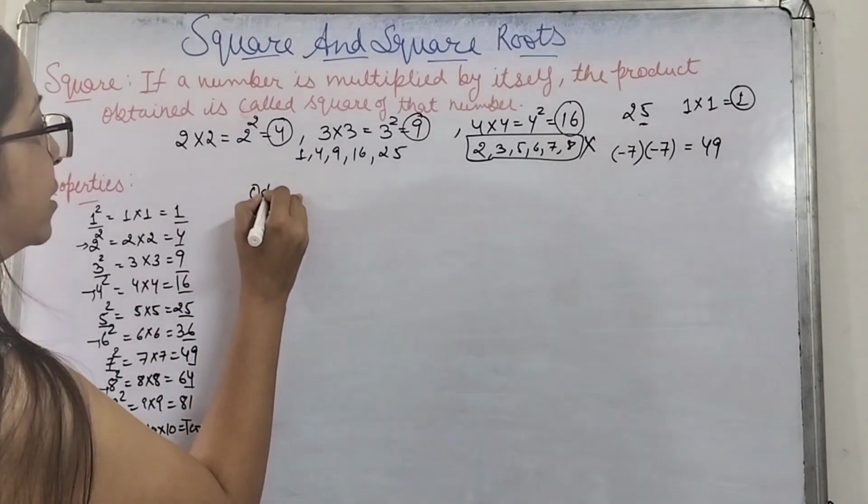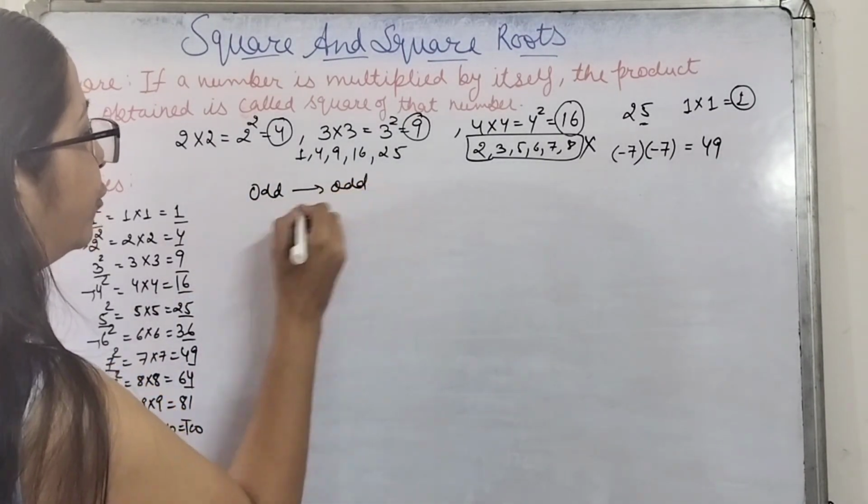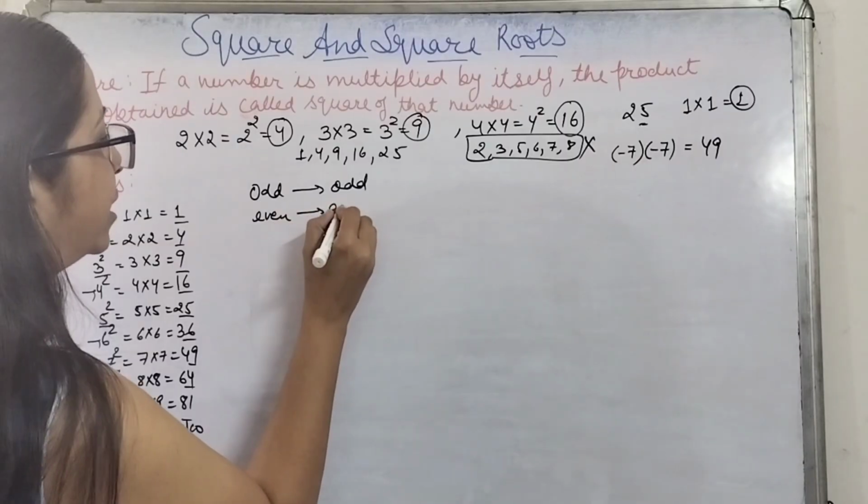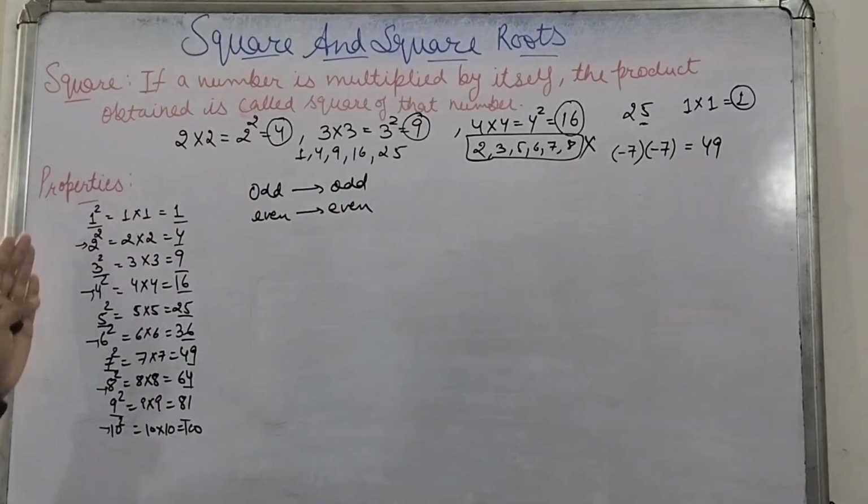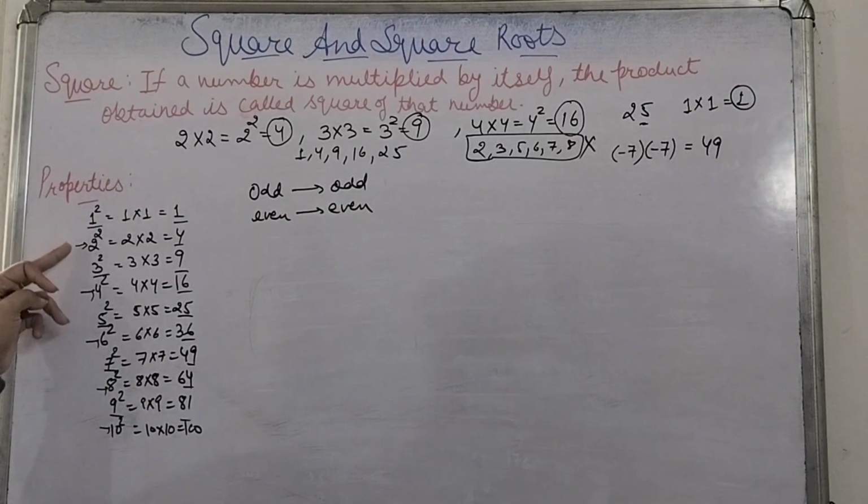For odd numbers, squares are odd, and for even numbers, squares are even. This is what we can conclude from here. Along with that, we can see if there is any number which is